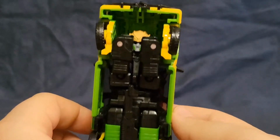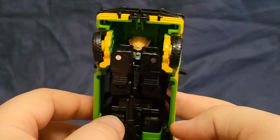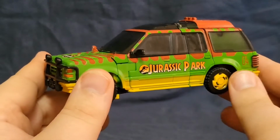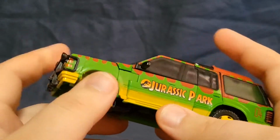We'll give you a look at the underneath of the vehicle while we're at it. You can see he's got visible head syndrome, even though his shoulders try to hide it. But there you have him in his alt mode. We'll go ahead and set him down, and we'll get a look at these guys next to each other,